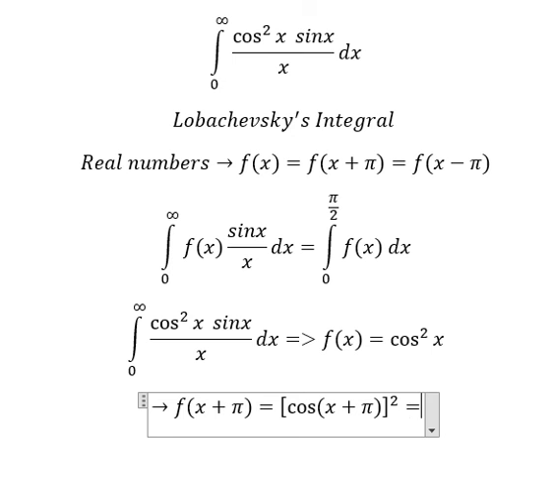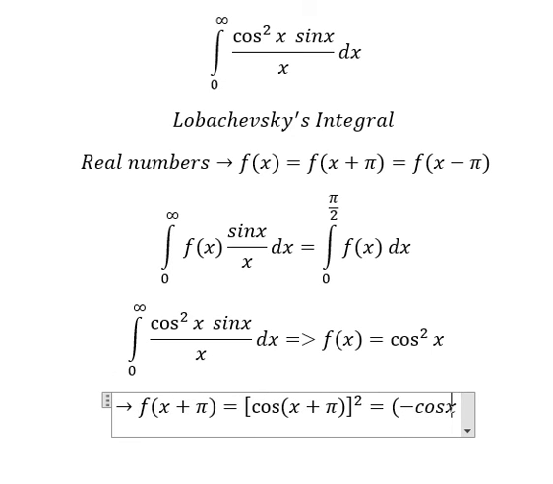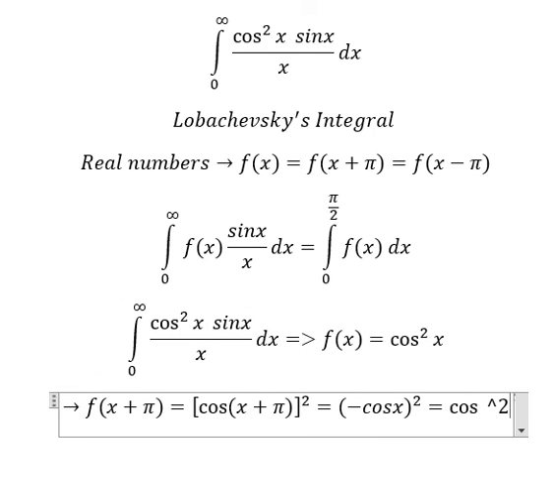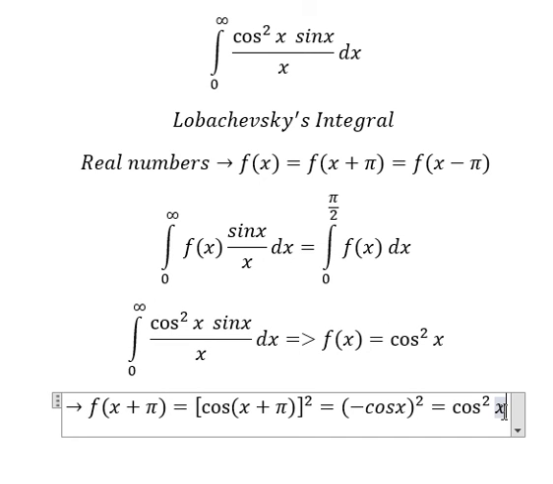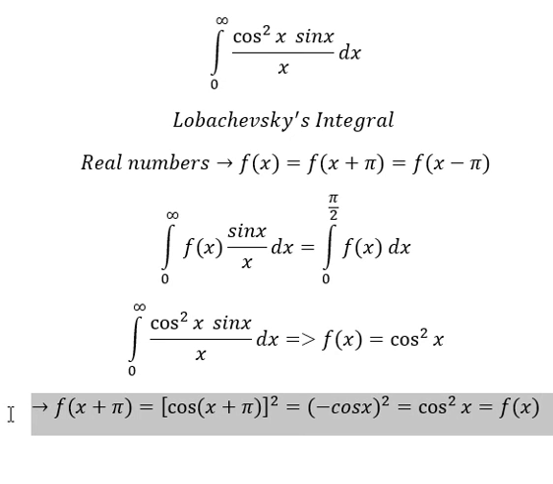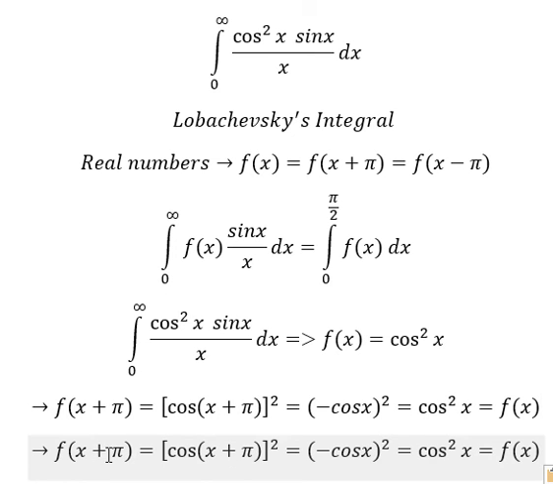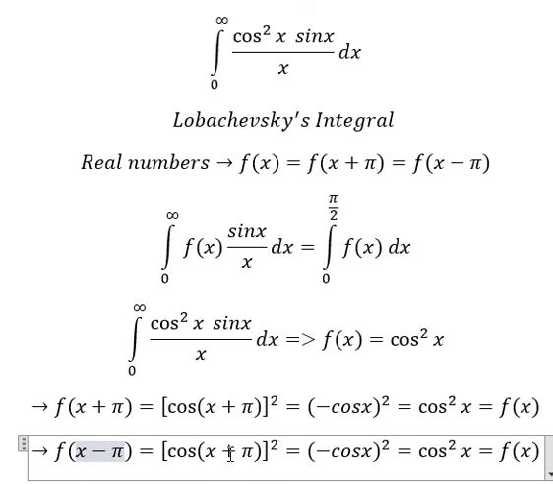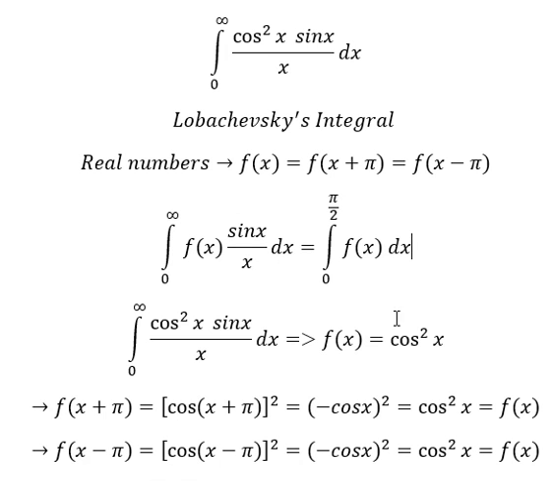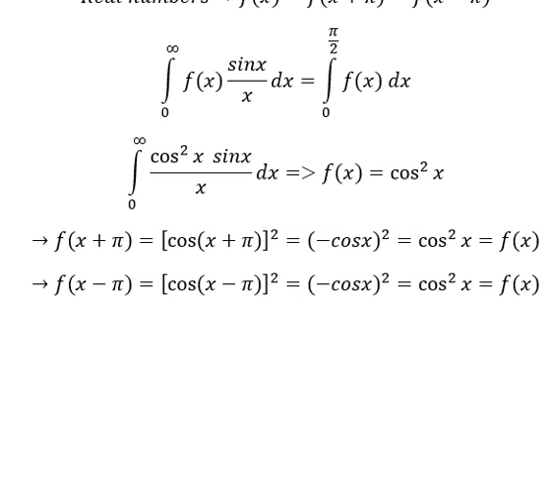So we have negative cosine s to the power of 2. Because negative with the power 2 gives positive, we have cosine s squared, and this equals f of s, and the second one is about negative, and we have the same. That means we satisfy the conditions here, so we can apply this formula, and this equals